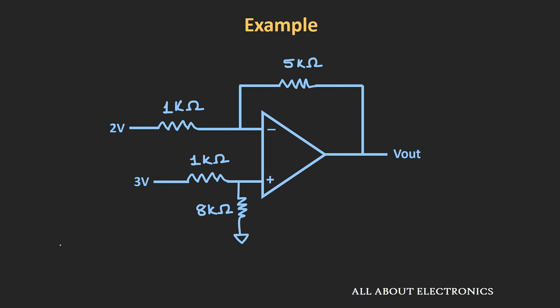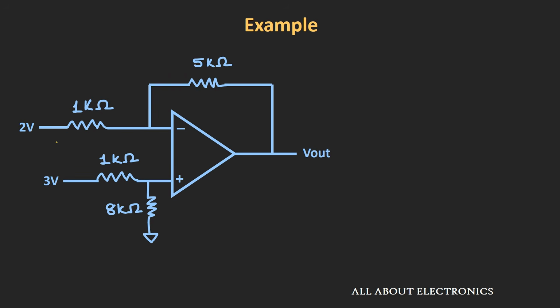So here we have one differential amplifier, and we need to find the output voltage of this differential amplifier. And here assume that the biasing voltages which are being applied to this op amp are plus 15 and minus 15 volt. So to find the output voltage, we will consider one voltage source at a time. So first let us assume that this 2 volt voltage source is acting alone.